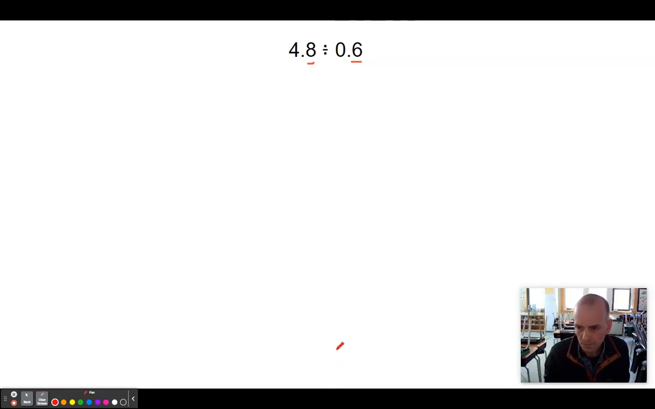So what I want to do to make this clear, to be able to do this, is I just want to get rid of that decimal. So if I were to get rid of the decimal, I'd be multiplying it by 10. All right? So multiplying this by 10 would make that 6. I can get rid of the decimal, right? And then I can also get rid of that one. So my new problem is 48